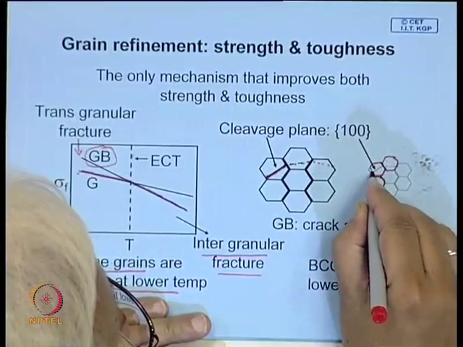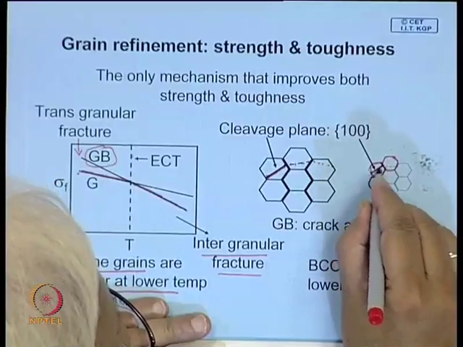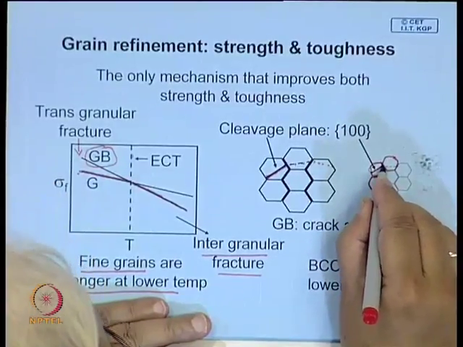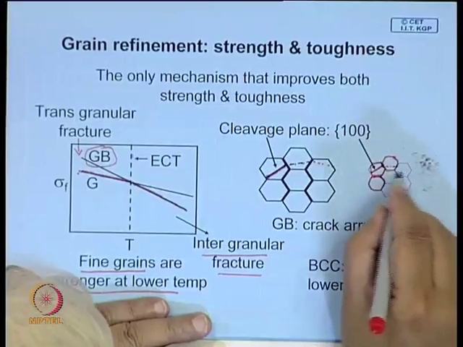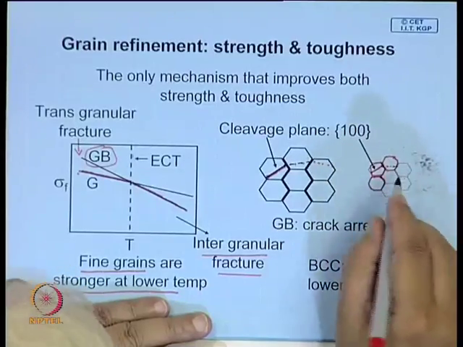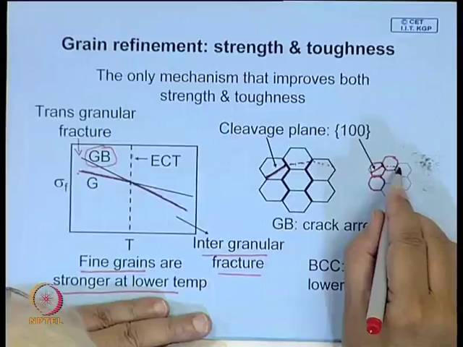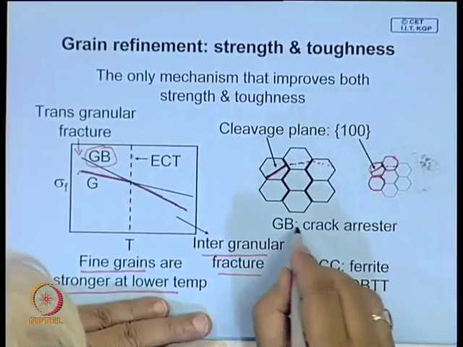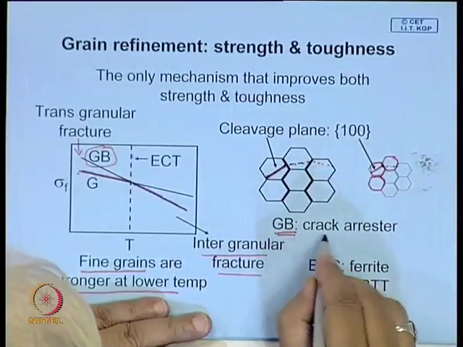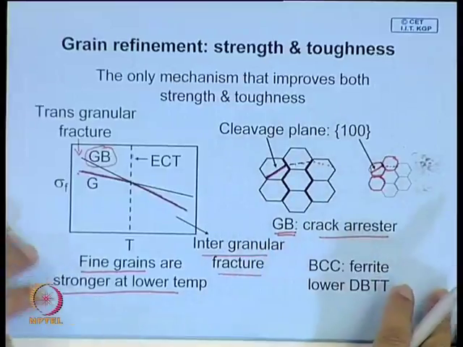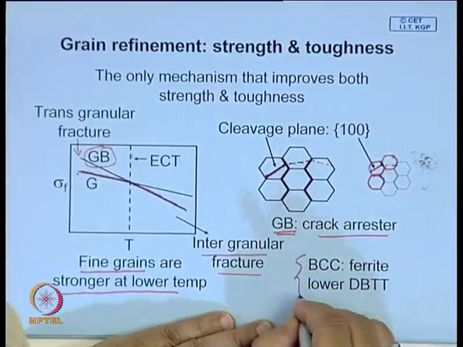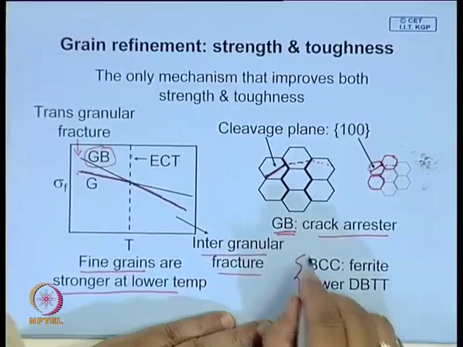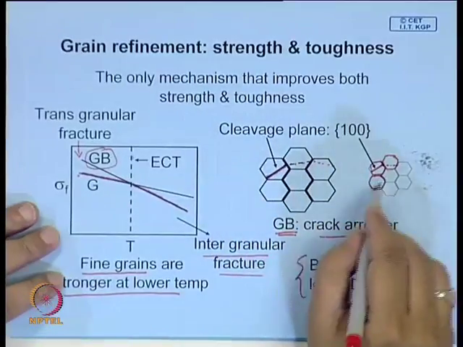So, here a crack propagating, a cleavage crack, goes only this small distance. After that it meets an obstacle and does not propagate either. So, therefore, it has a greater resistance for the crack to grow. So, the grain boundaries act as crack arrestors. So, in this way what we can build upon is, if we make the grains finer,